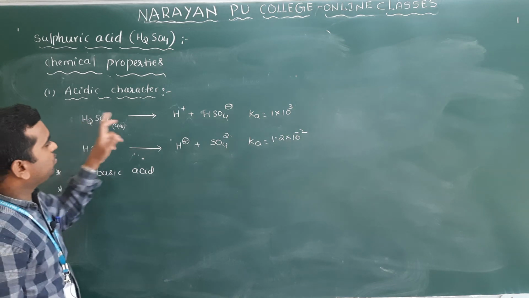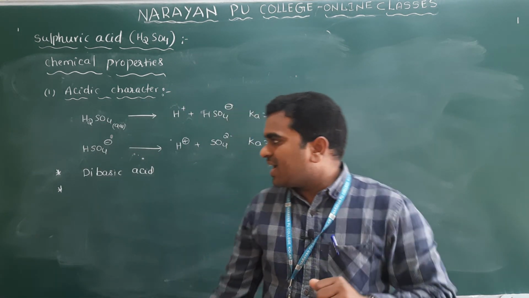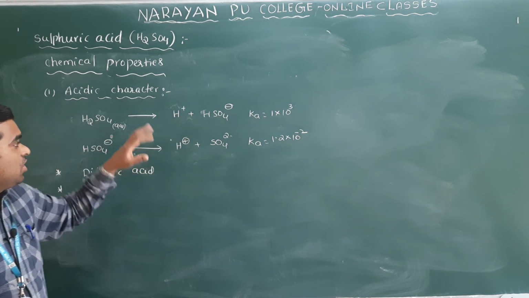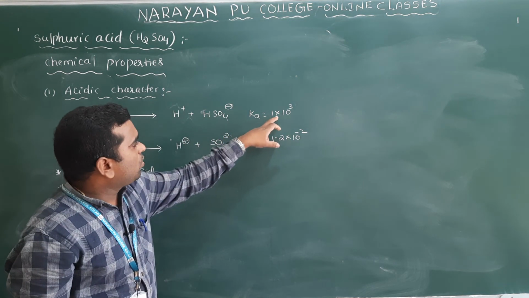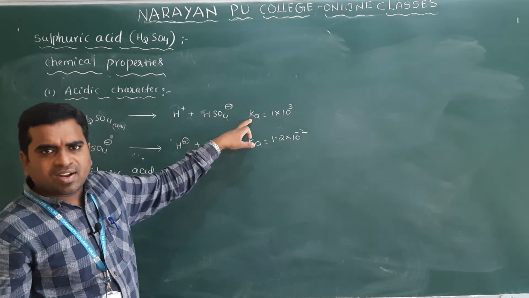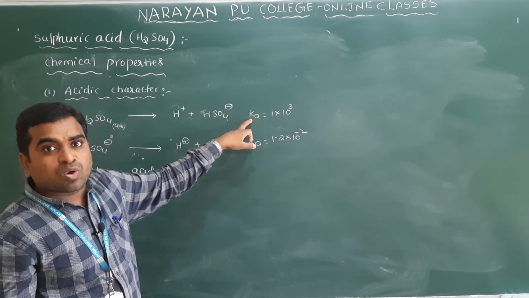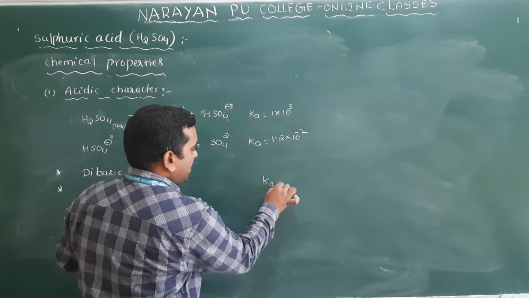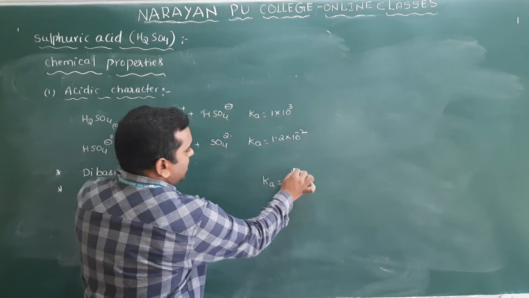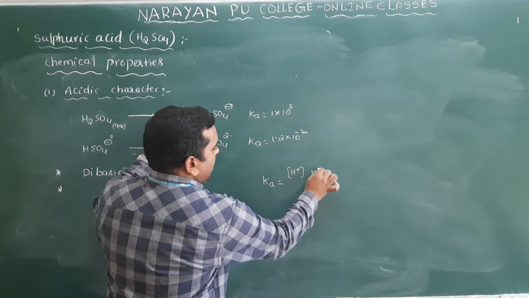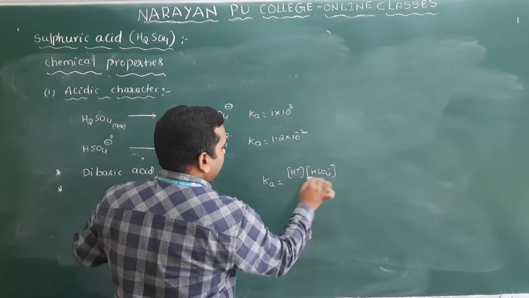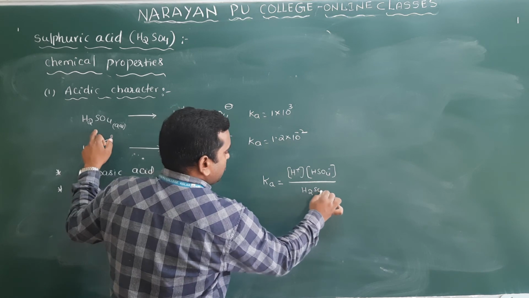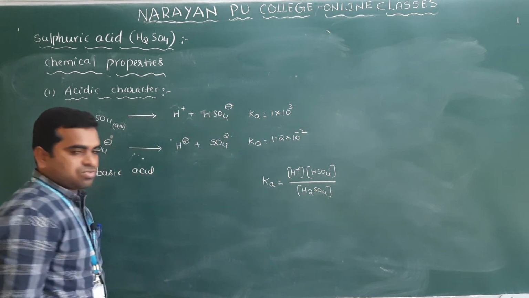And very important, now you see here, the first step is the ionization step. How does it dissociate or ionize into H+ and HSO4 minus? In the first step, Ka is equal to 1 into 10 power 3. What is Ka here? It is the dissociation constant of the acid. How do we write the dissociation constant of an acid? Ka is equal to the concentration of products divided by the concentration of reactants. You have studied this in the first year equilibrium chapter. So divided by the concentration of H2SO4. Clear?